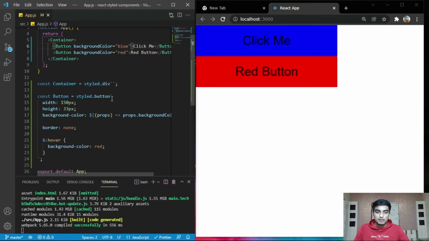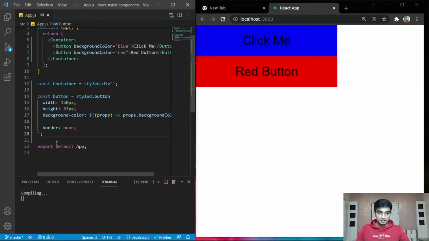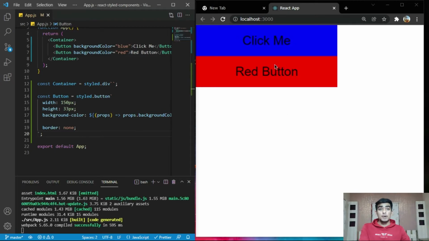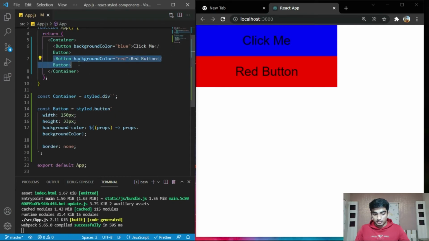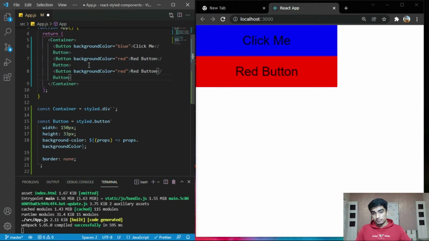You can see now I remove this hover and save it. Every button has a different color, and similarly I create another button having background color green.